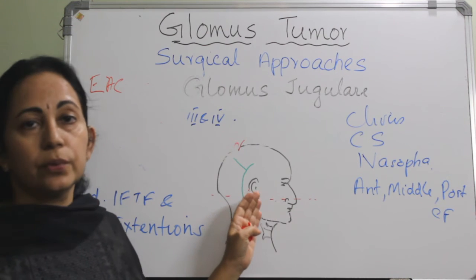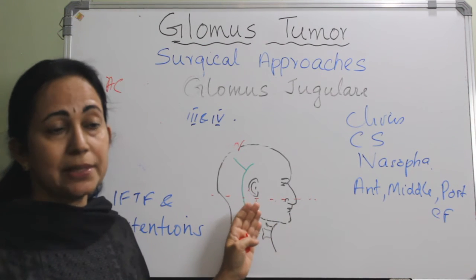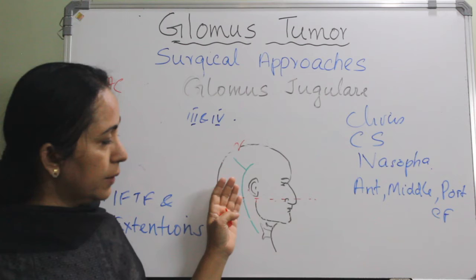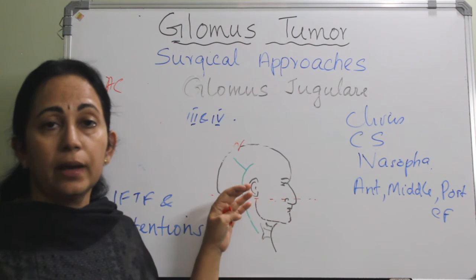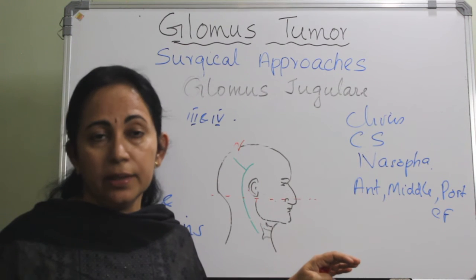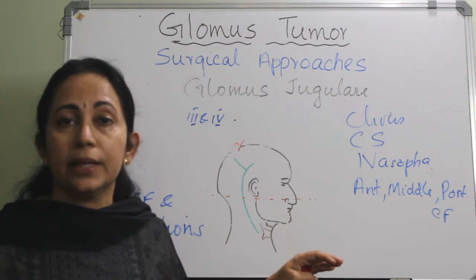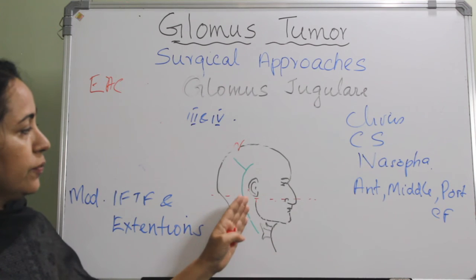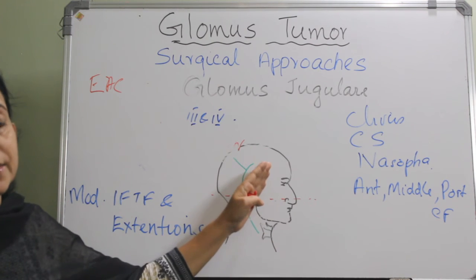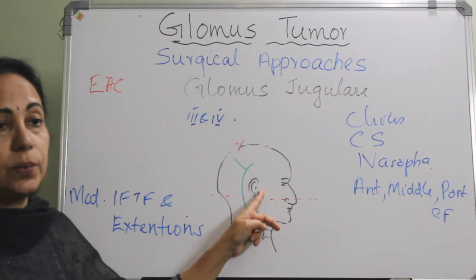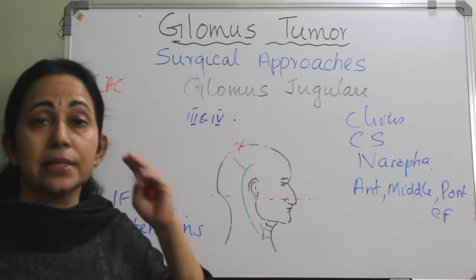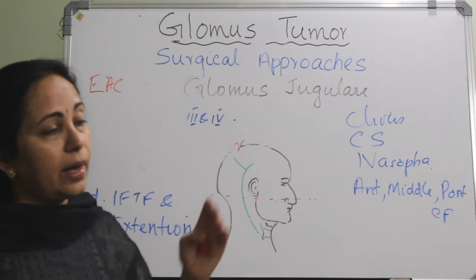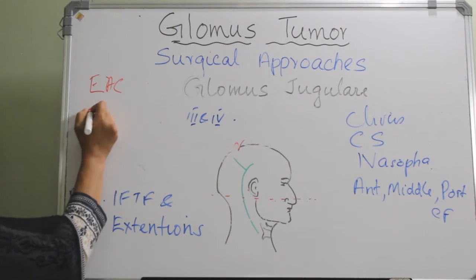So we have to remove the mandible. The mandible is retracted or dislocated anteriorly and inferiorly by removing the anteromedial ligamentous attachments. And if we need more of an anterosuperior extension, we have to remove the temporomandibular joint unit and also the zygoma. Okay, and after that the eustachian tube is